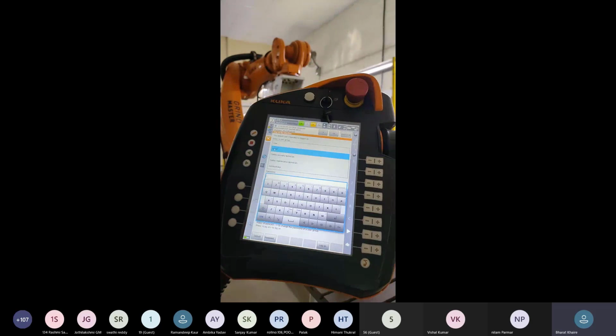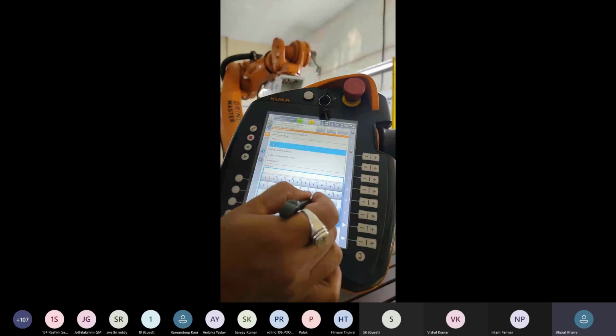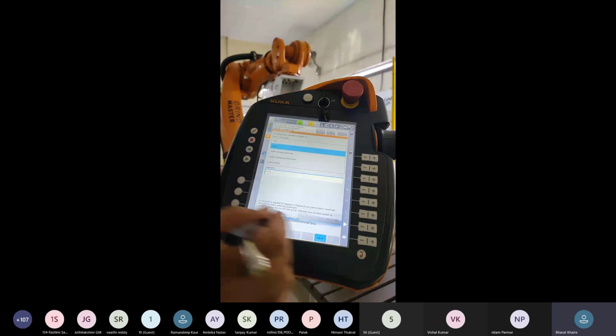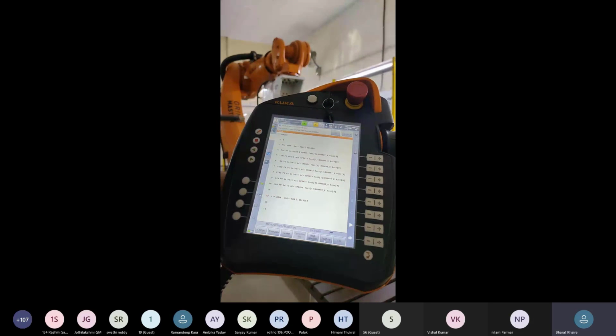We have to go into expert mode and give a password. We can change the password. This is the default password. So now we can change the program.